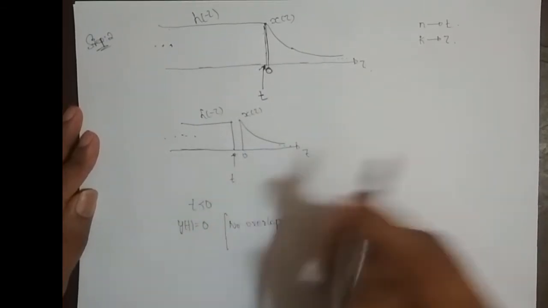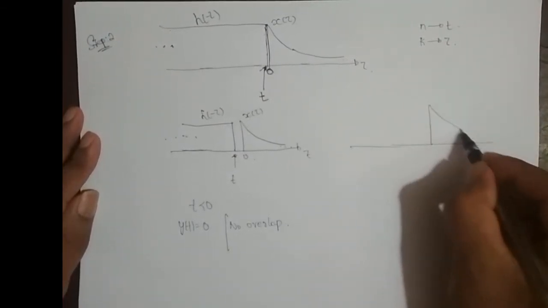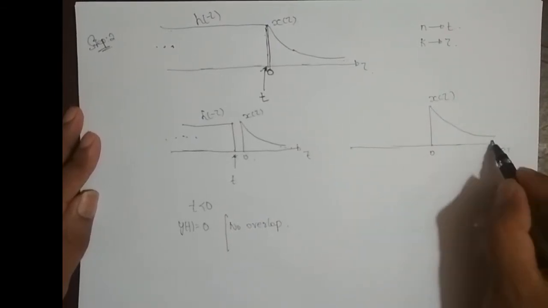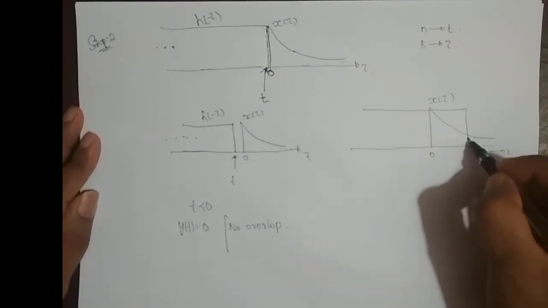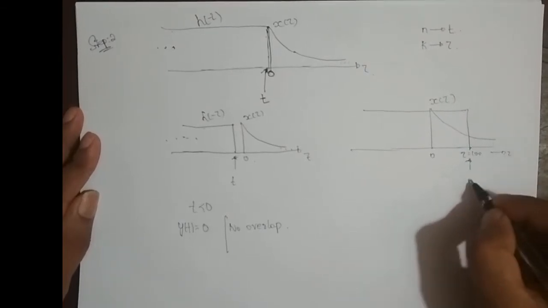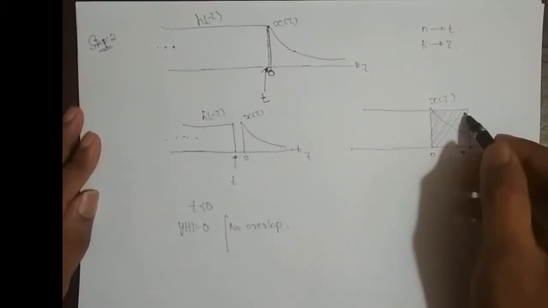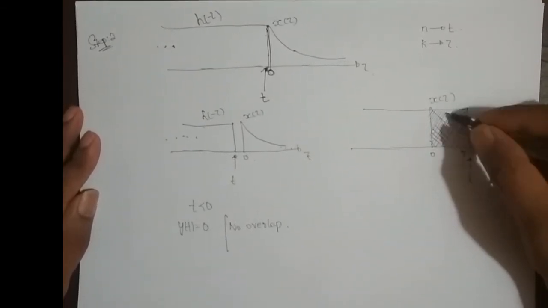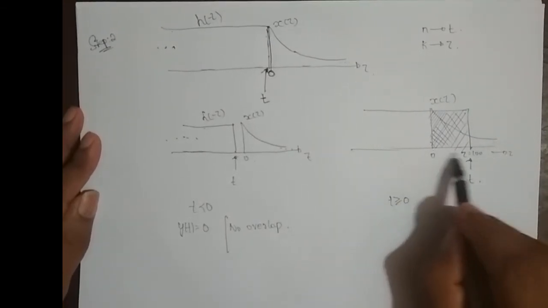Now I'll move it right further. So this x of tau remains same, 0. This is tau. Whereas I move this h of minus tau signal further right. So I keep it somewhere here at tau is equal to 100. This is my t. Where is the overlap portion? Overlap portion is from 0 to where I keep my slider t, right? This is the overlap portion. So therefore for t greater than or equal to 0.